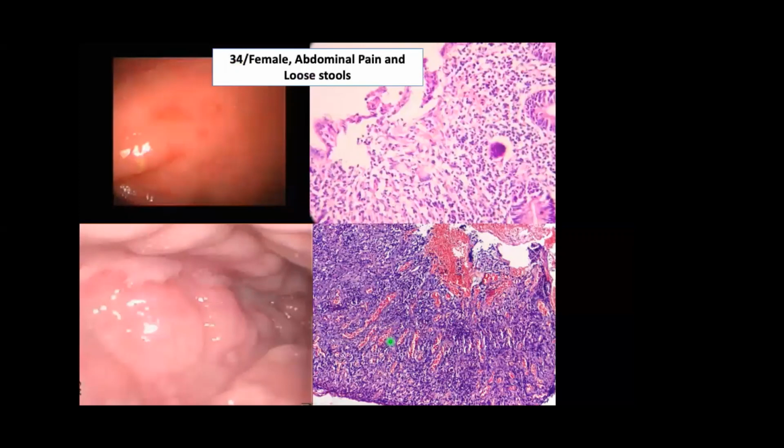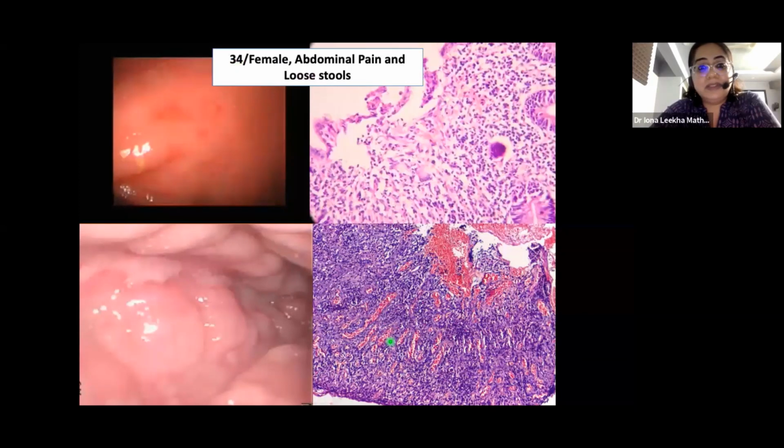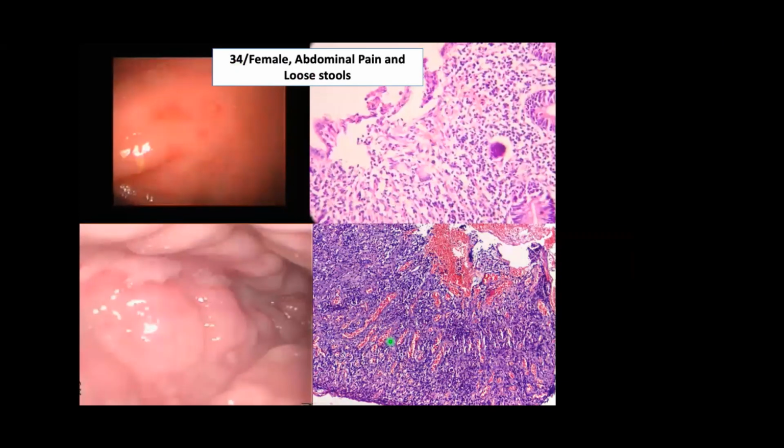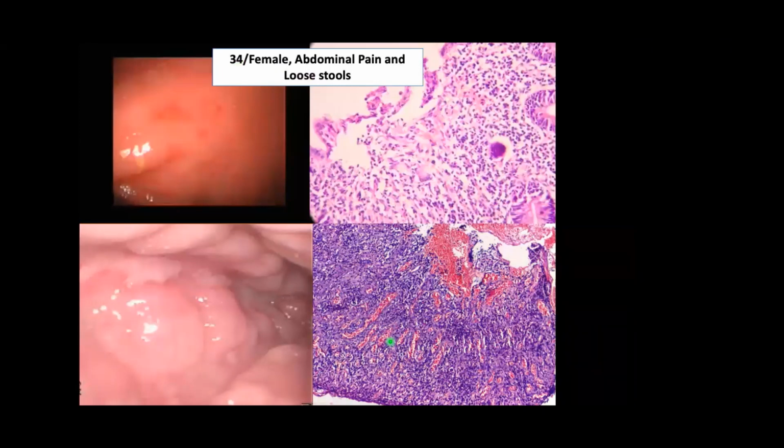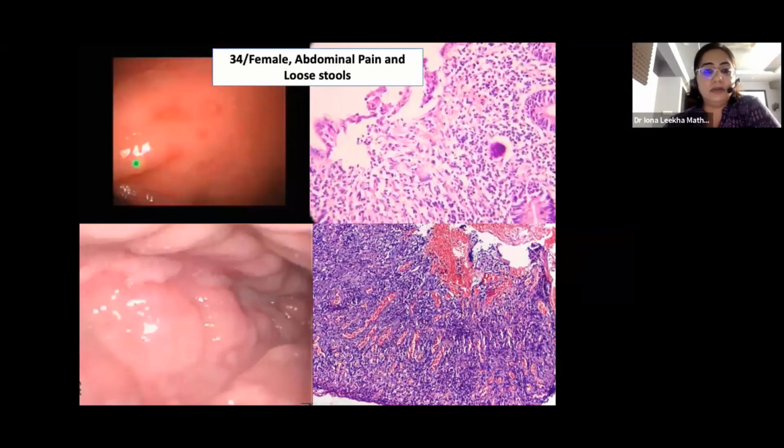Go ahead, please. Sir, can anyone describe this? Remnish, are you there? Dr. Remnish, are you there? If you are not there, Dr. Samir Kumar, Global Chennai. Yes, sir. Okay. Sir, here there is an ulceration and an aphthous lesion. Yes.